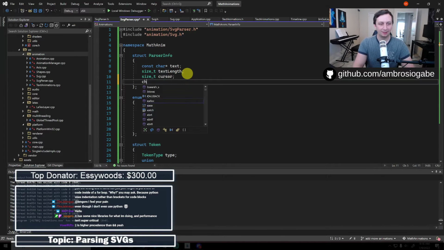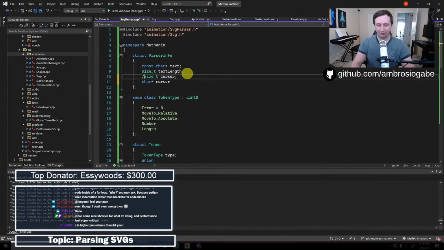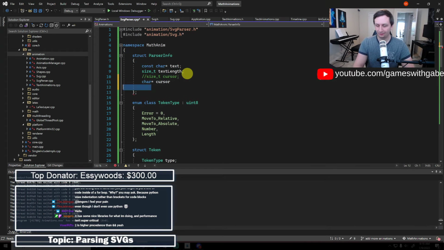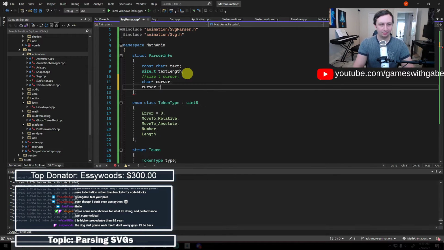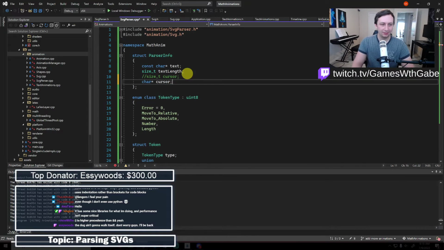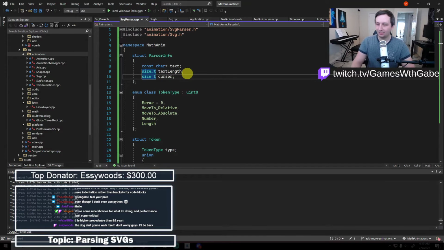Whereas if I had it as an index, I'd probably have to do something like cursor minus text is greater than text length, which isn't a big deal, but I don't know. I'm guessing that's probably why he did it that way.